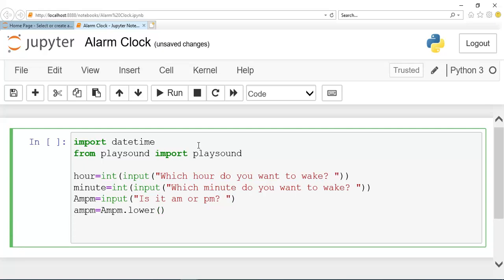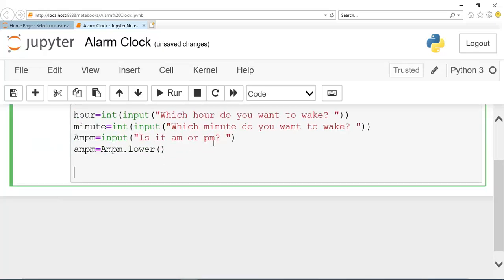Now guys, what we are going to do, we are going to change the time into 24 hours format. And to change the time in 24 hours format, we have to change the PM hours, basically guys we have to add 12 in the PM hours. So for that we will use if statement.